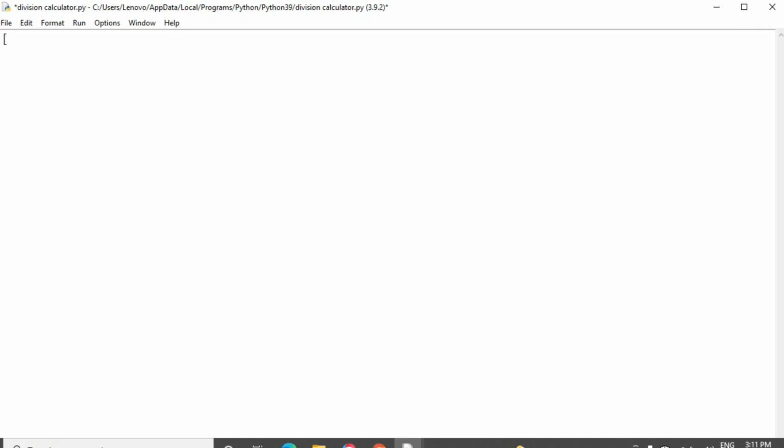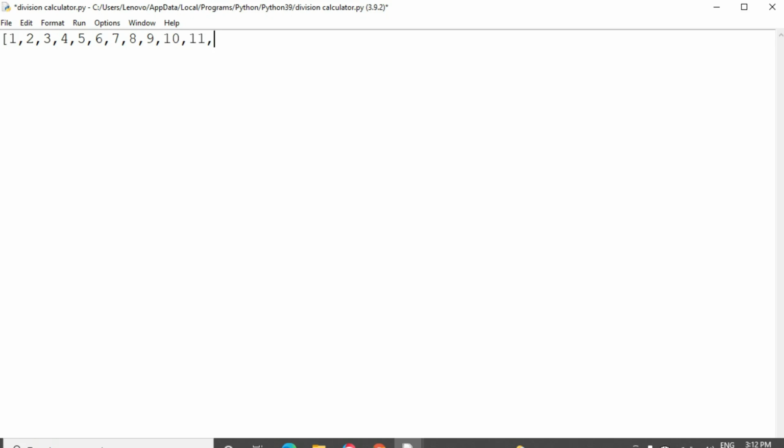Okay friends, I am taking the set of elements in a list, that's why I am taking the square bracket: 1 2 3 4 5 6 7 8 9 10, 11, 12.